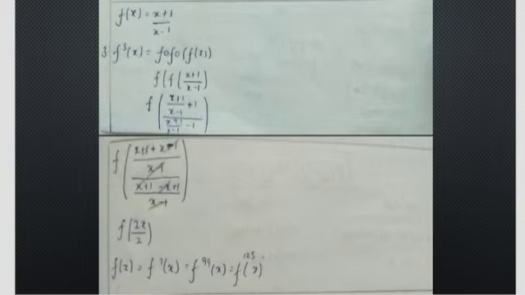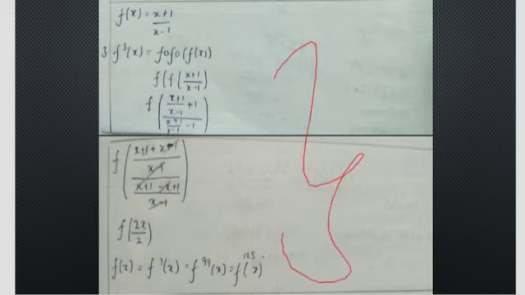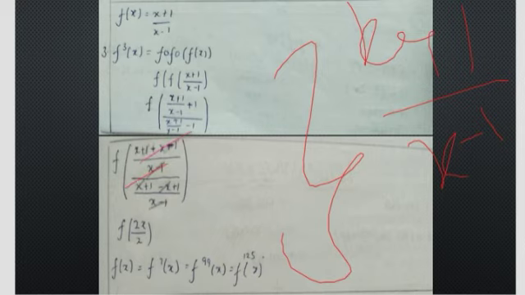Now the third question we will discuss. This is the full one only. Okay, f square x, f of x is equals to x plus 1 divided by x minus 1, then x plus 1 by x minus 1 plus 1, and down minus 1. So here minus minus, so it will get cancelled. Then 2x by 2.